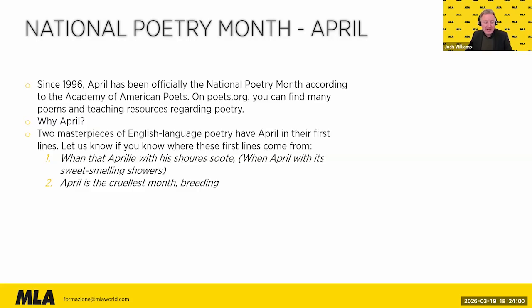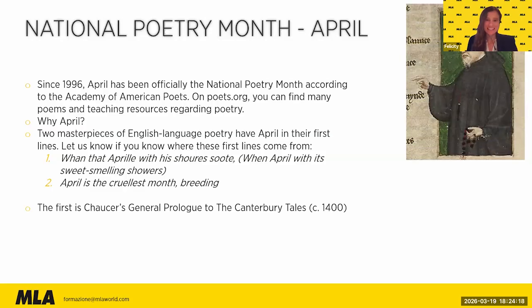And the second one is "April is the cruelest month, breeding." Now, be careful, breeding is sort of running on to the next line, but the poet here has quite unusual line endings. And again, we've got a few people guessing the right answer here. T.S. Eliot. T.S. Eliot, very good.